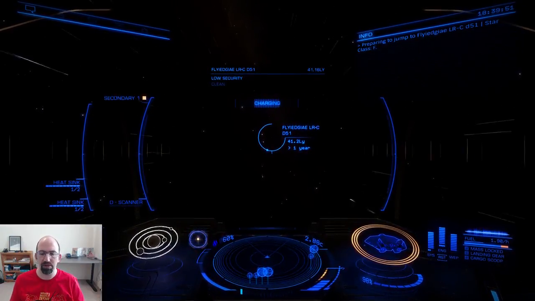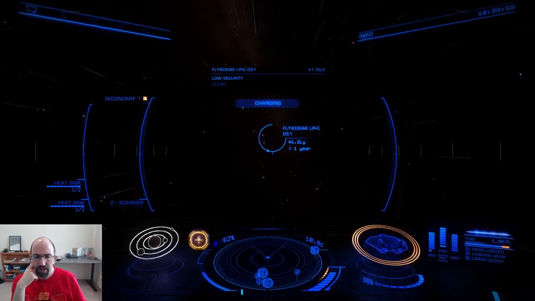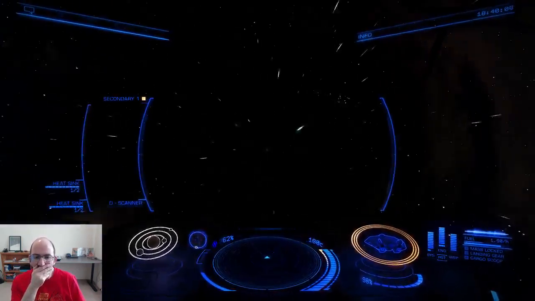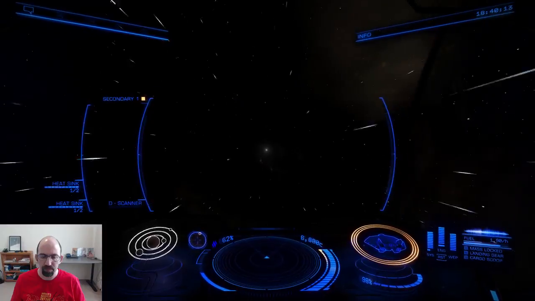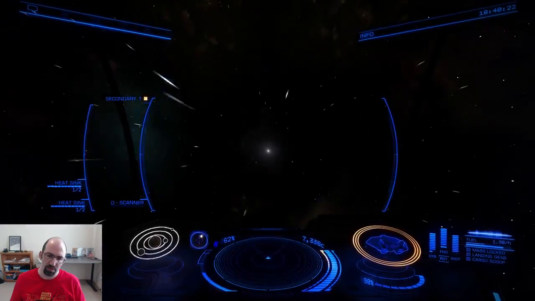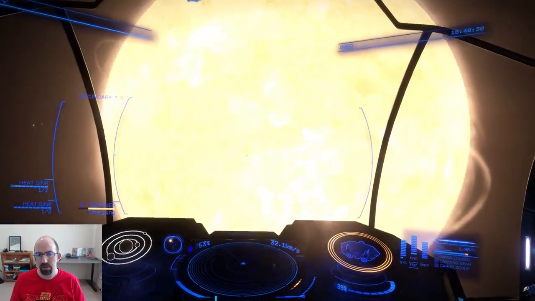Get to the neutron star and then we can hop out from there, find a place to land, and then we can call it a day. 4, 3, 2, 1, engage. So,